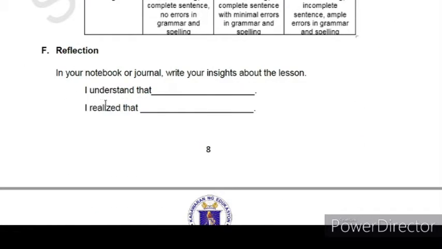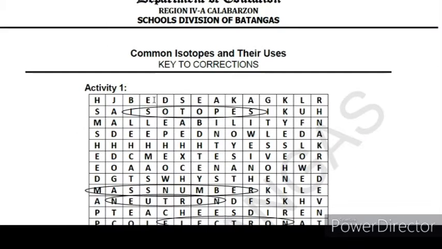Please do not forget to put your reflection. Okay, and that's it. So these are just the key to corrections for LAS number 5. We'll have the next module then. Atomic